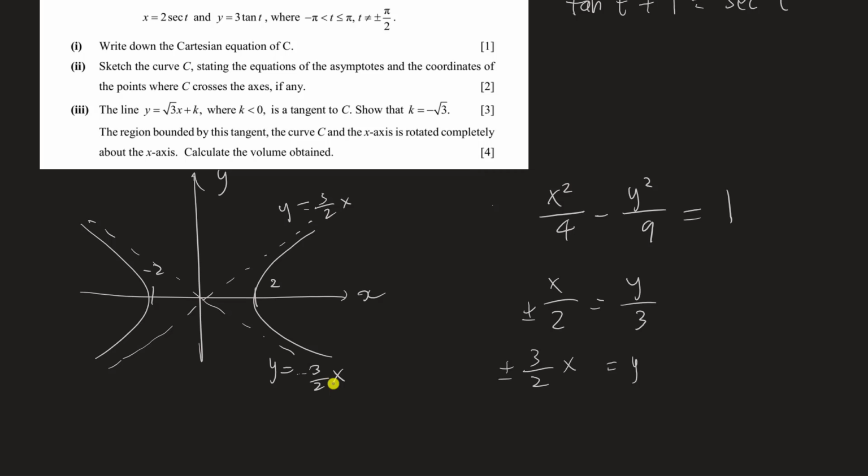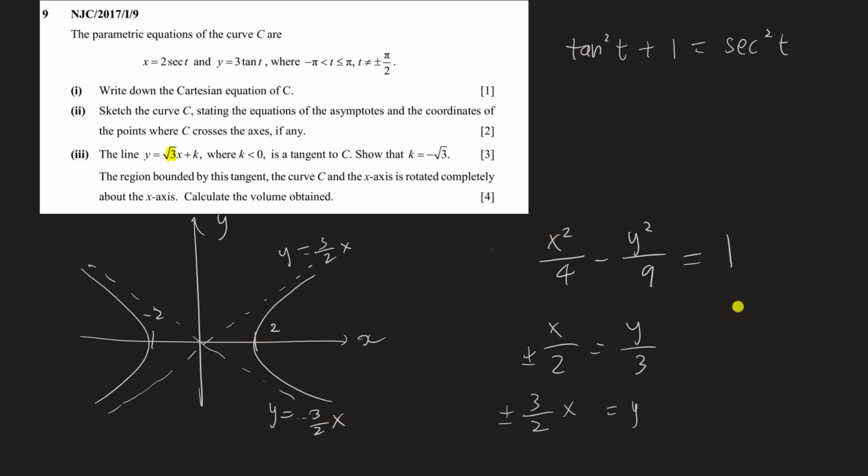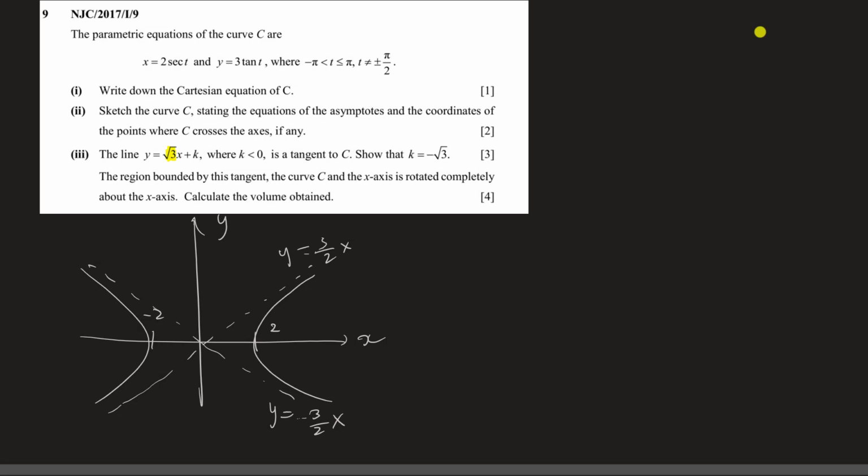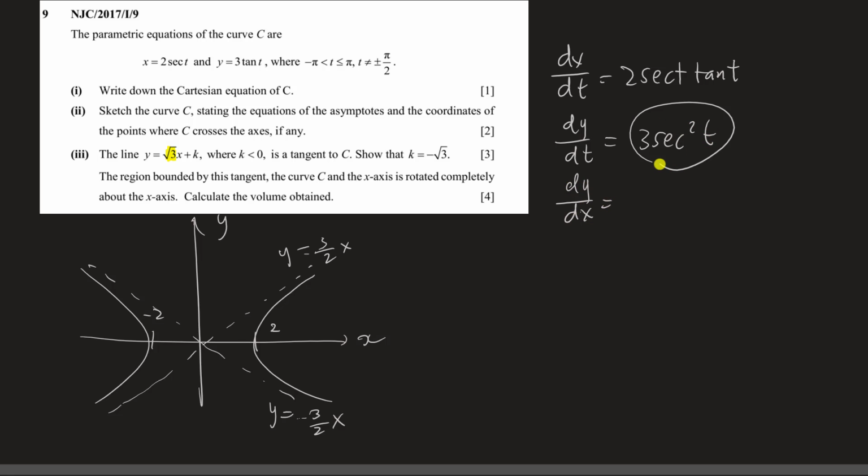Next part, the line y equals to root 3x plus k is tangent to C. Show that k is negative 3. You don't know where the tangent is, but we do know that the gradient of the tangent is root 3. So to find the gradient, we have to go back to our dy dx. Here we can find dx dt is 2 secant t tangent t. Your dy dt is equals to 3 secant square t. Your dy dx would be this divided by this, which will give us